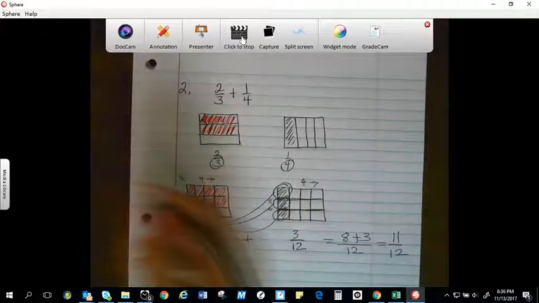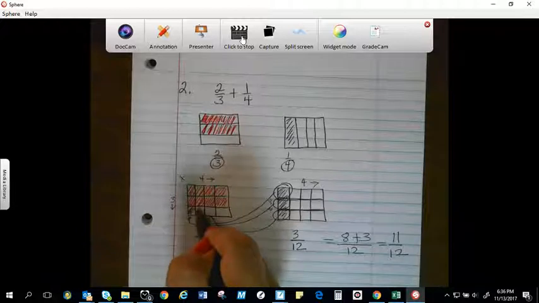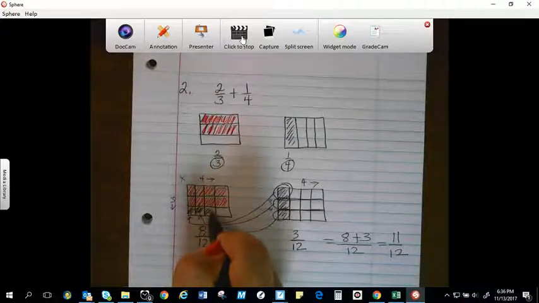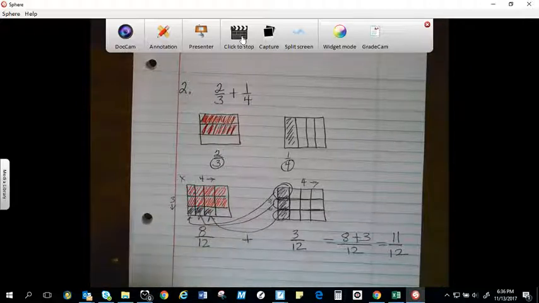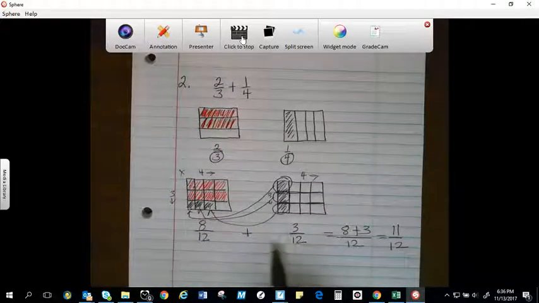Does that prove that there's 11 out of the 12 shaded? Absolutely. I have 1 left. There's 1/12 that is left open. And so my picture proves that 8/12 plus